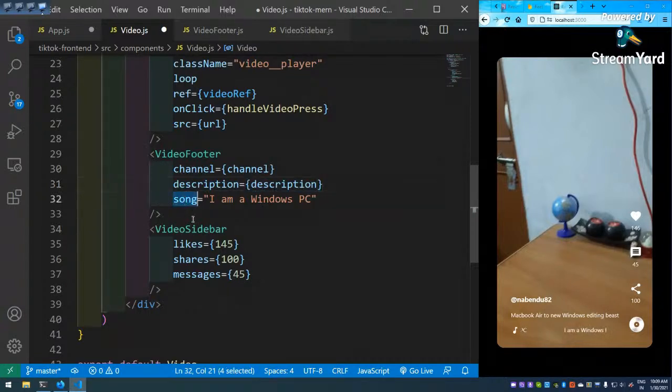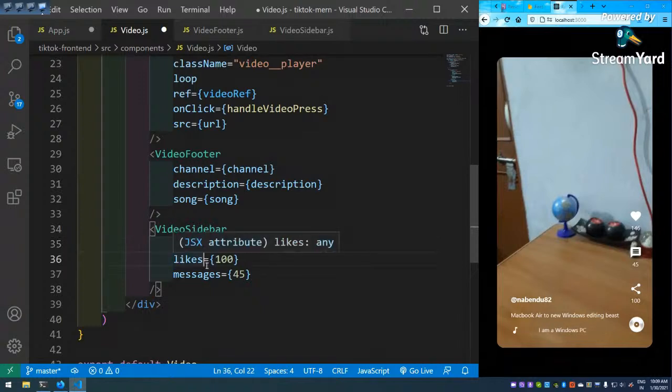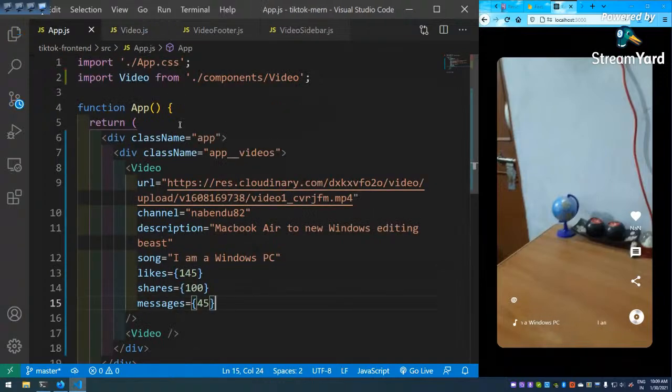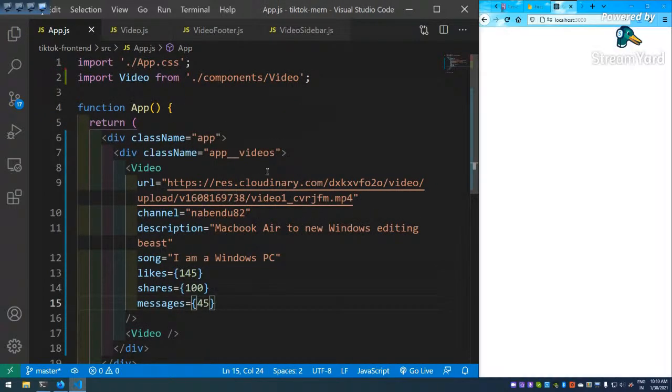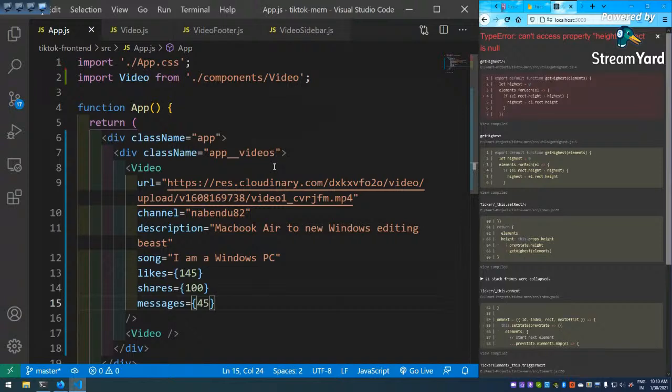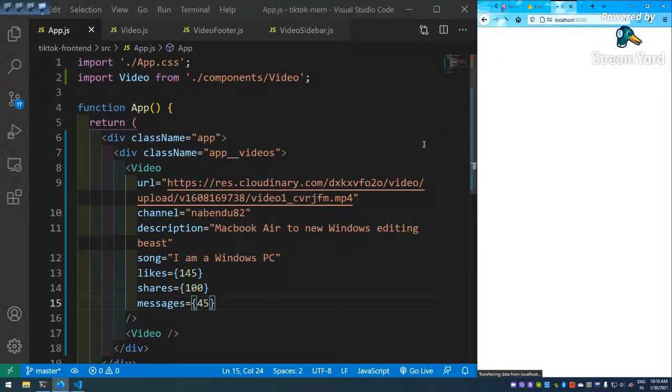Description, song, likes, share, shares, messages, save it. Save it, and everything is working fine again. Why it is giving error, I don't know. Yeah,